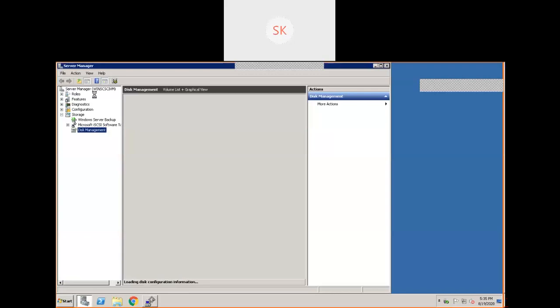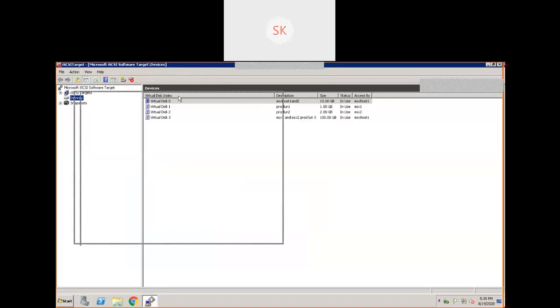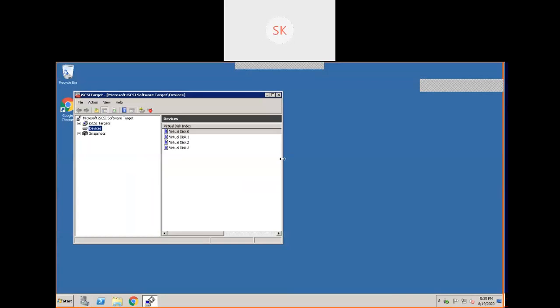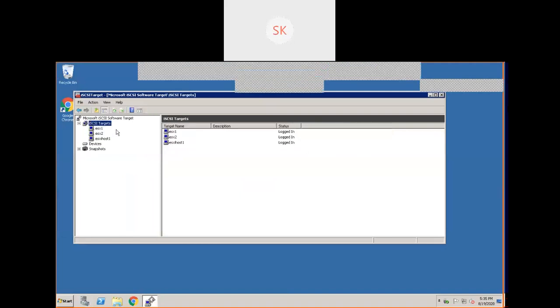See, these are the 3 disks we created. These are the devices we created. How to see targets? Click on targets. These are the targets we created. This is a kind of SAN allotment. In SAN storage, they call it as